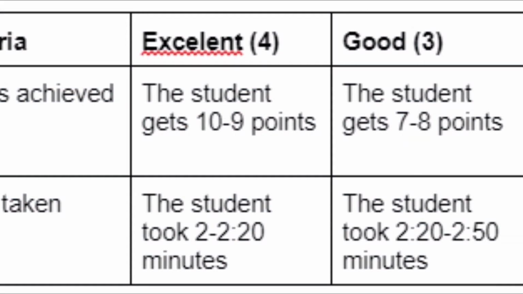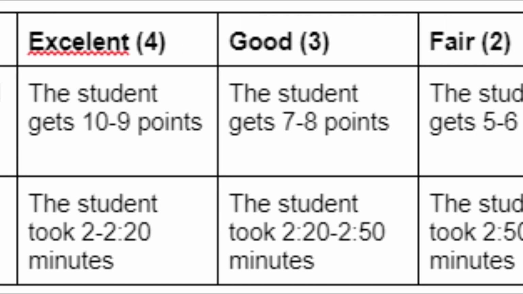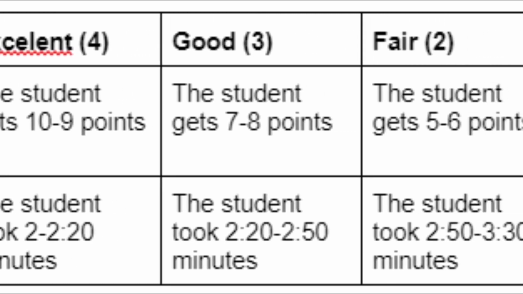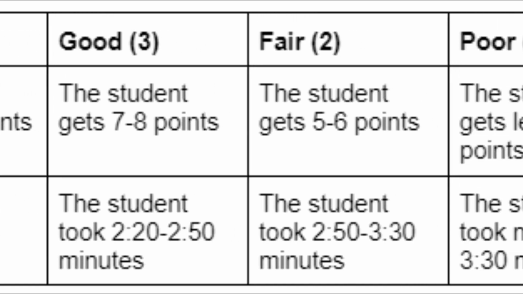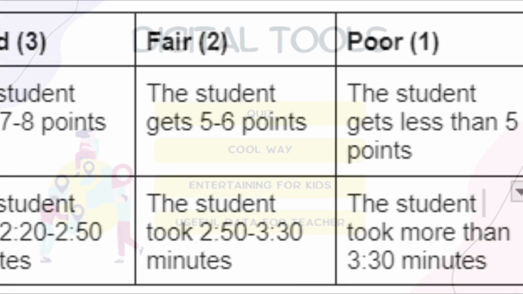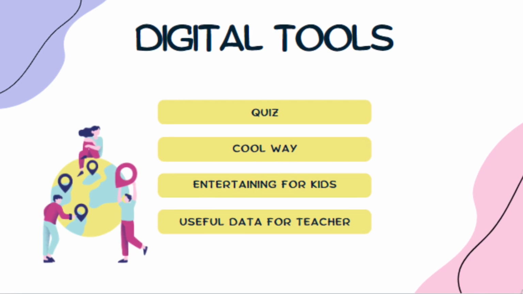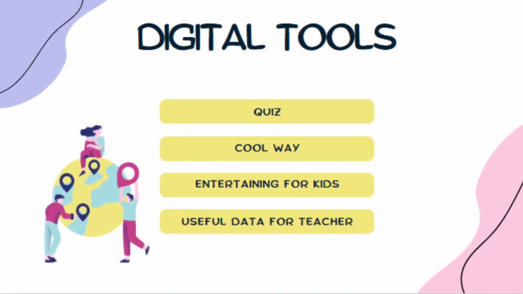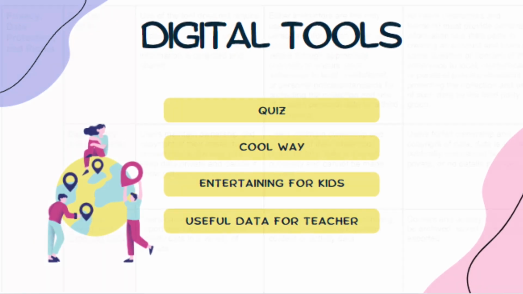The rubric of this task is the smallest one, since it is just a quiz. It has been done assuming that the game consists of 10 questions, and that the lowest time to finish it is 2 minutes. For this rubric, there hasn't been used any artificial intelligence. For this last task, it is very interesting to use technology, since this website presents a quiz in a cool way for little kids and shows a lot of useful data for the teacher.